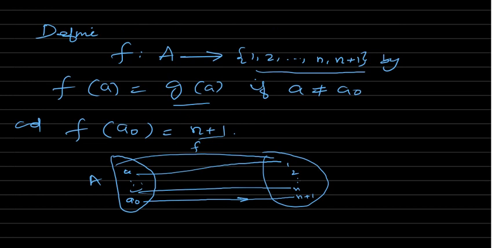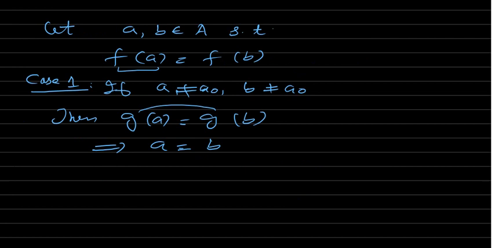दैट्स इक्वल टू g ऑफ b, और g ऑफ b के जो वैल्यूज है वो 1 से लेकर n तक है, मगर जो a नॉट पर जो वैल्यू आपने लिया वो आपने n प्लस 1 लिया, और ये गिवन है, आपकी एजम्पशन है कि f ऑफ a, f ऑफ b के बराबर है. तो अगर आप मानोगे कि a नॉट के बराबर है, तो f ऑफ a नॉट का वैल्यू आ जाएगा n प्लस 1, और आप ये मानोगे कि b नॉट के बराबर नहीं है, उस केस में f ऑफ b का वैल्यू जो है इट्स g ऑफ b इन दैट केस, और g ऑफ b के वैल्यूज जो है वो 1 से लेकर n तक है,